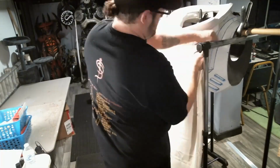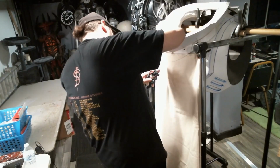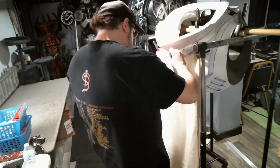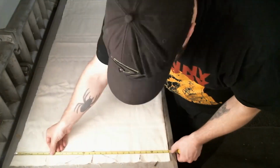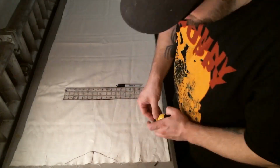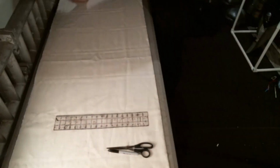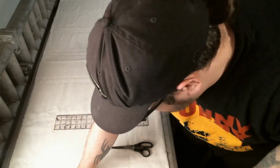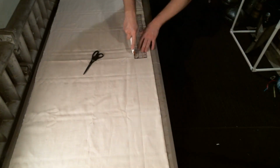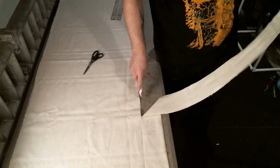So what I ended up doing, I clipped it to the actual clips. And then I had marked out the center cutout for the gorget on the neck. Once I had that all figured out, I took out my measuring stick and made sure that everything was even, and if it wasn't, I tried to center it up some, made the numbers match a little bit. And then I got an idea of how wide I wanted the whole thing, and then cut down the excess